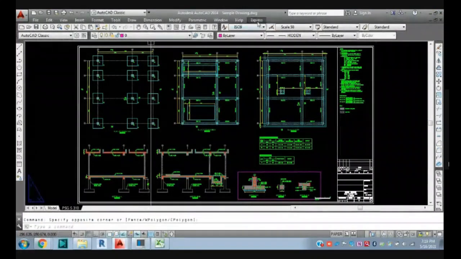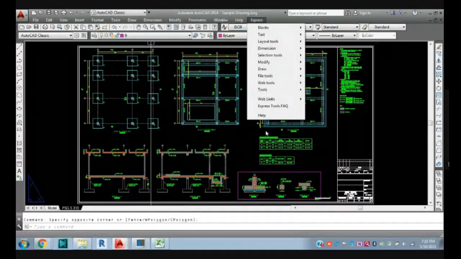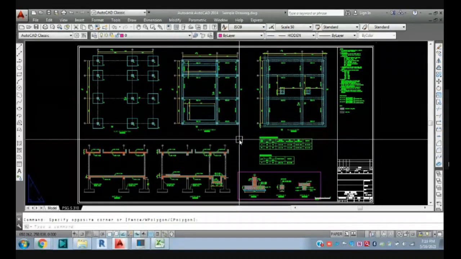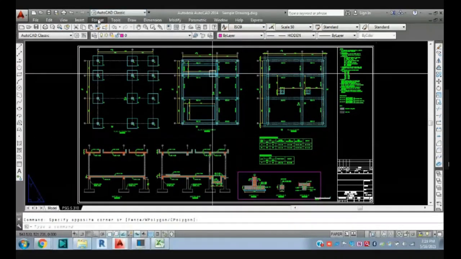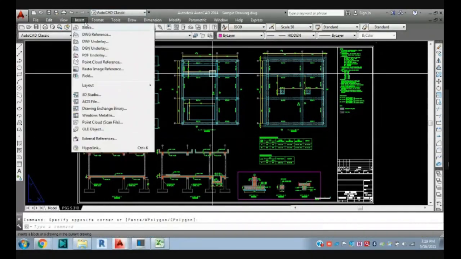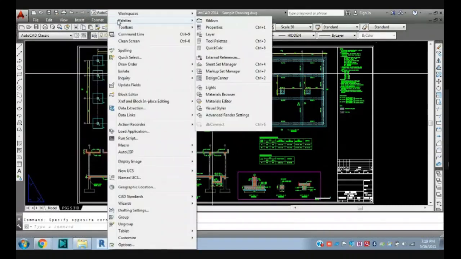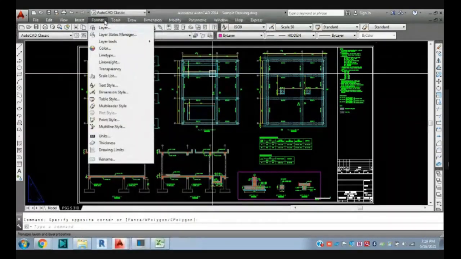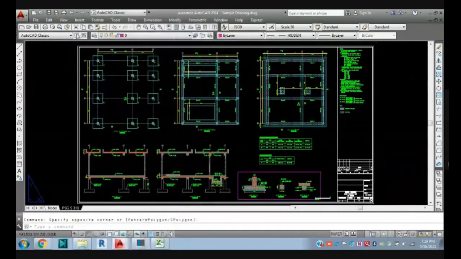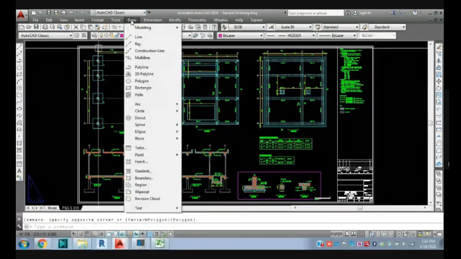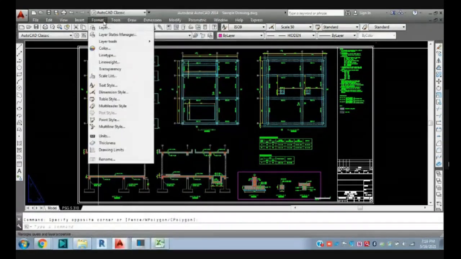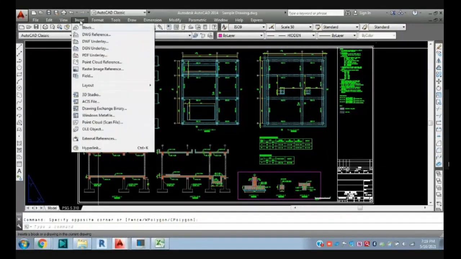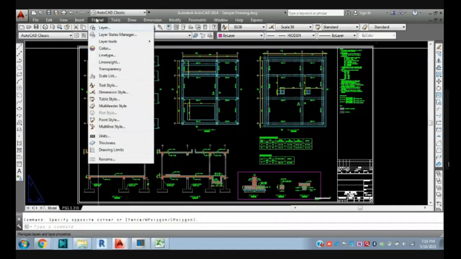Then yeah, nothing important for us. If you go here in Format, sorry, or you can give the shortcut command OP, right? Options. Most of us are using the shortcut command, so that's the reason we are not aware of the exact location of Options.